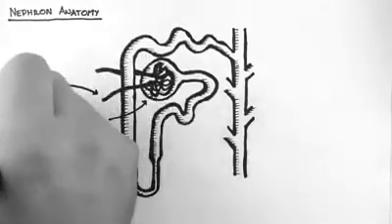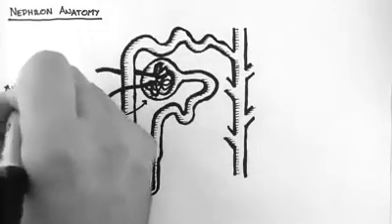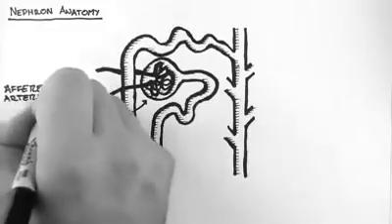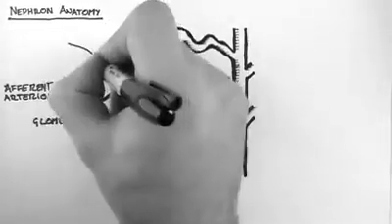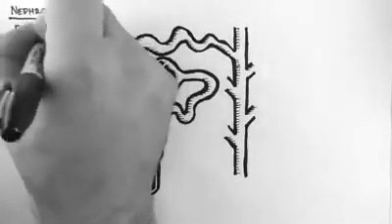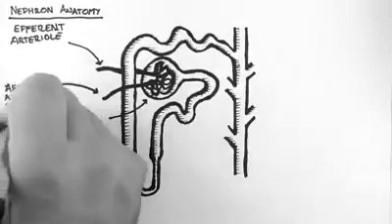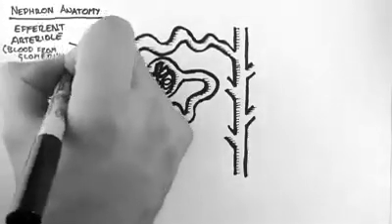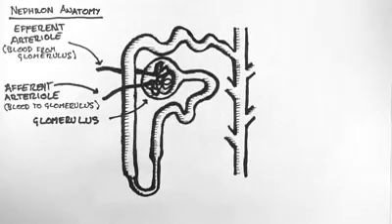And here are two very important arterioles. The afferent arteriole, which brings blood to the glomerulus for filtration, and the efferent arteriole, which takes the filtered blood away from the glomerulus. I always remember which is which by thinking that A comes before E, and therefore the afferent is before the